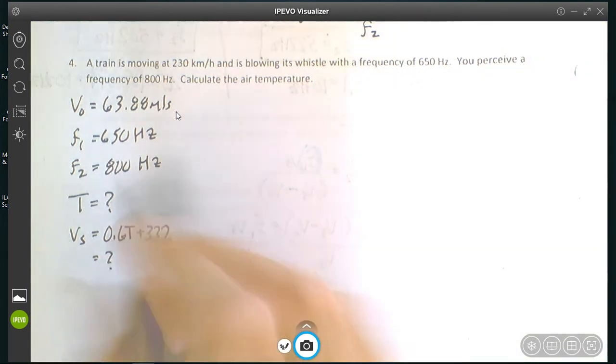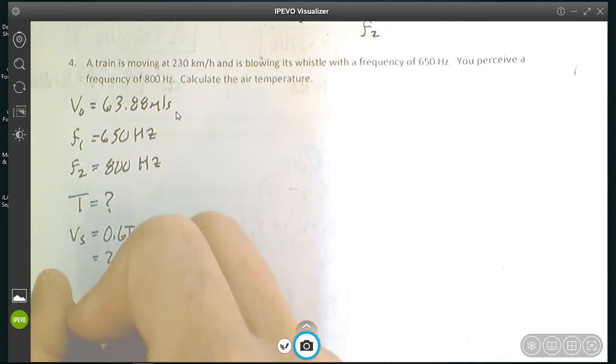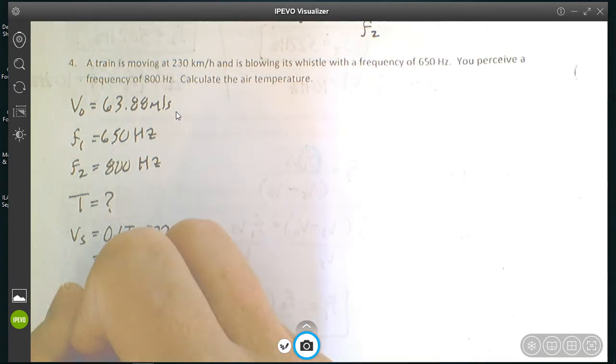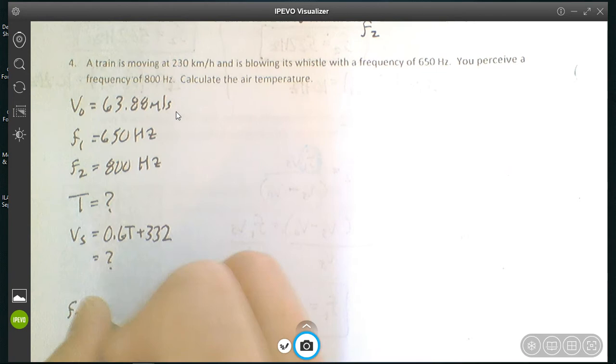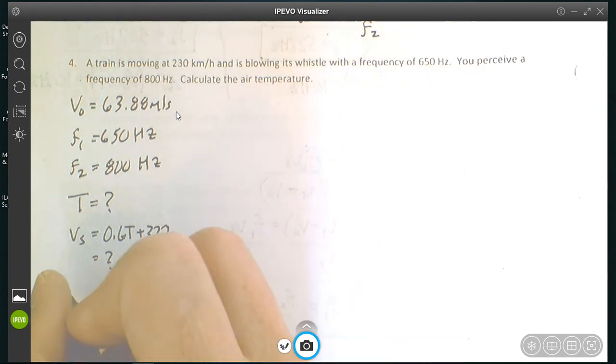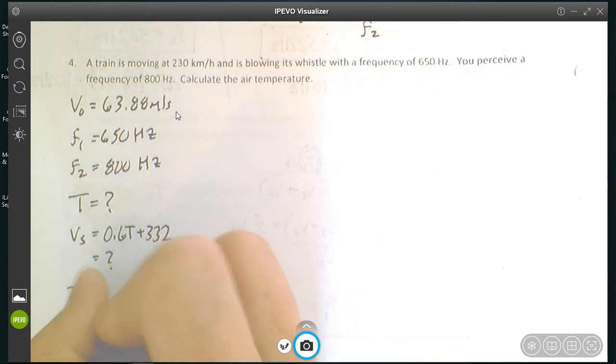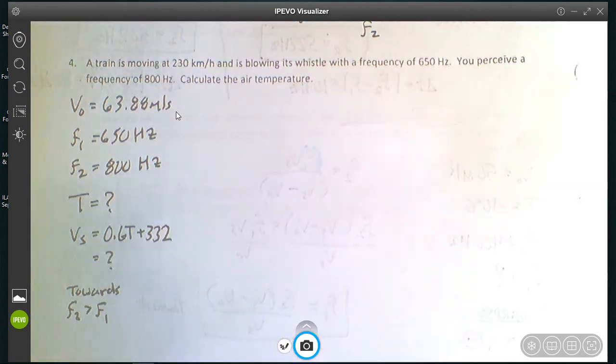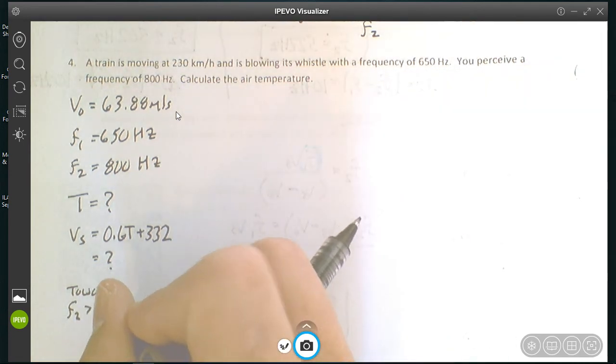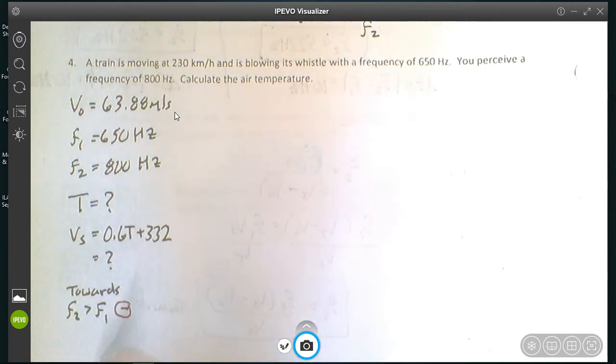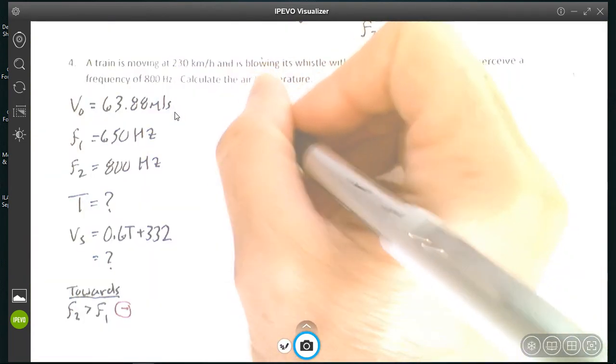So it says here, if F2 is bigger than F1, so F2, the perceived frequency, is greater than F1, that means that it's moving towards, because the pitch is higher, which means that you're using the negative because you want the denominator to be smaller. Okay, so again, super important that you do that analysis first. Now you just write out the equation